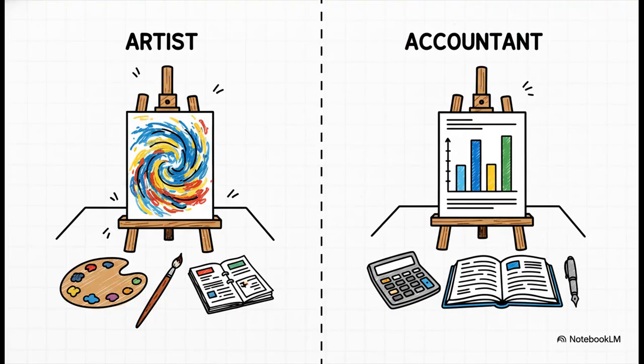Okay, so right out of the gate, the definition hits us with a kind of weird word, art. Why art? Isn't this all about numbers? Well, think about it like this. An artist needs tools, a pencil, a brush, to create something. An accountant needs tools too, things like balance sheets and trial balances. They use skill and established techniques to take raw data and create a clear financial picture. So in that way, yeah, it's totally an art.